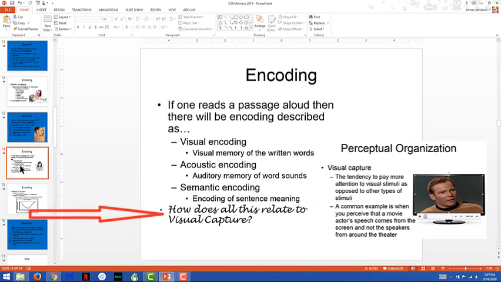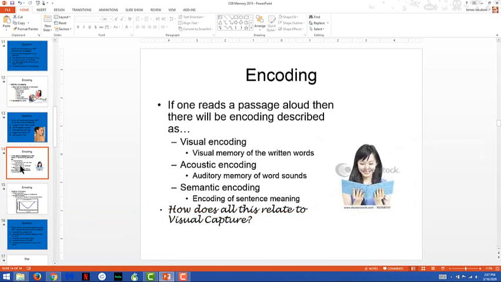So if you're dealing with non-symbolic information, then vision tends to dominate. But if you're dealing with symbolic information, like reading words, for example, then visual encoding actually tends to be the worst way to remember things. So for example,